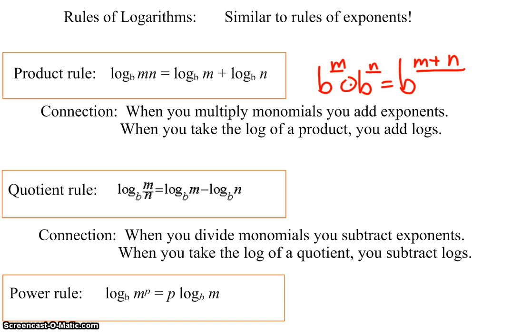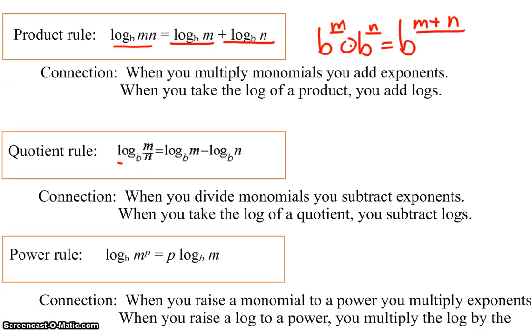If we have the log base b of mn, then it breaks down to the log base b of m plus the log base b of n. We're going to use these properties to make solving some problems a little bit easier later on. Similarly, with quotients, the log of m over n is the same as the log of m minus the log of n. Remember, you subtracted the exponents